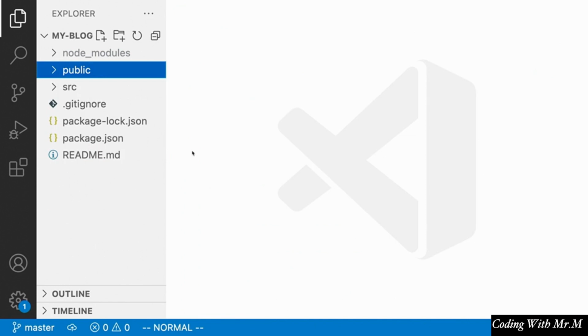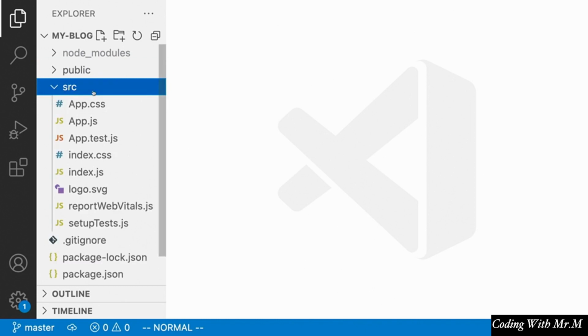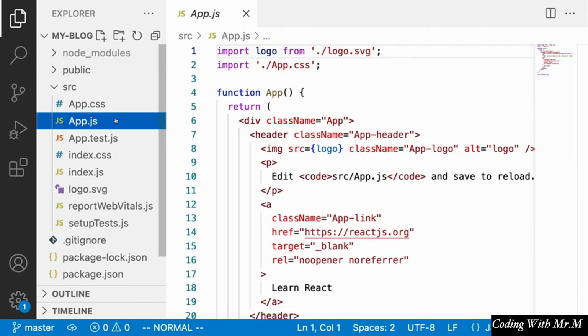Now, the other directory that we have here, remember, is the source directory. This is where the bulk of our blog's code is going to go. So we have this app.js component, which is what's called the root component for our blog site, right? This is basically the component in React that is going to contain the rest of the components that we build. Alright. Now, in addition to this main component code, we also have the CSS and test files that go along